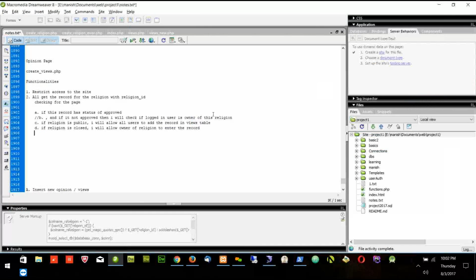Okay, so that's it. These are the 4 points. Let's come back to this second point again. I will explain the second point again. If it is approved, then I don't need the second point. Since it is approved, I'm okay with it. But